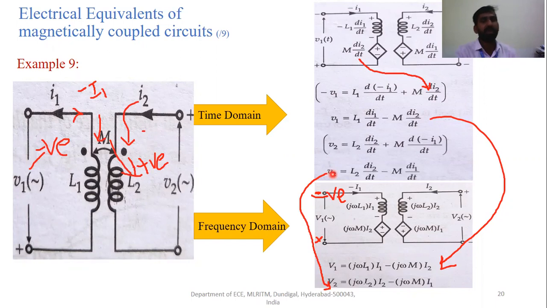So here the key point which you have to observe is the directions of the currents, right? The directions of the currents can be modified accordingly, but you have to consider the terminology of the mutual inductance also, right? If we change the directions of the current, you have to change the polarities also. So accordingly you can model the circuits, and you can get the equations.